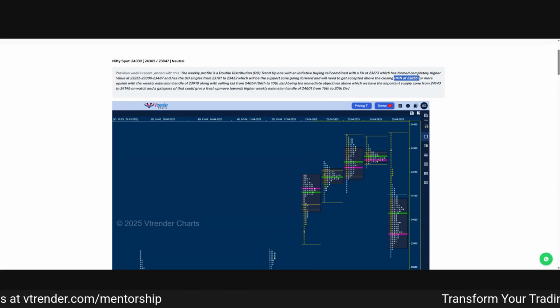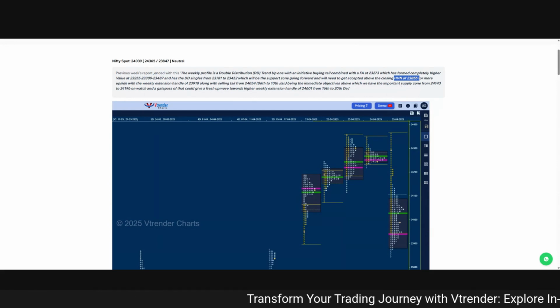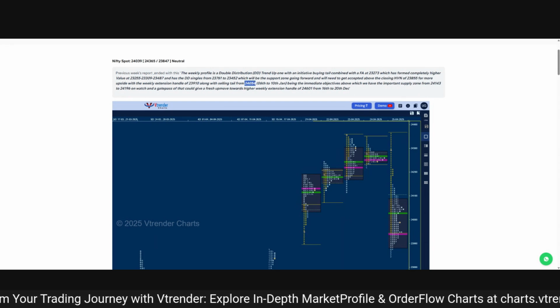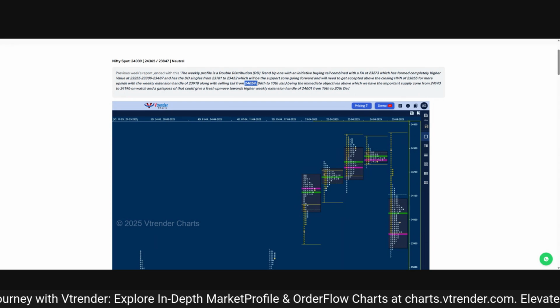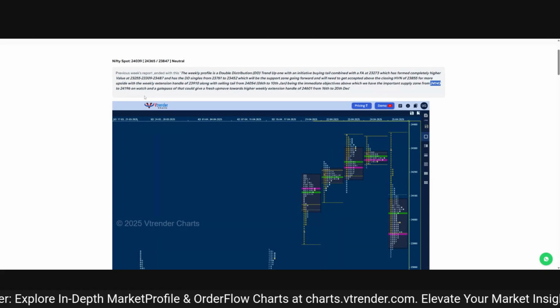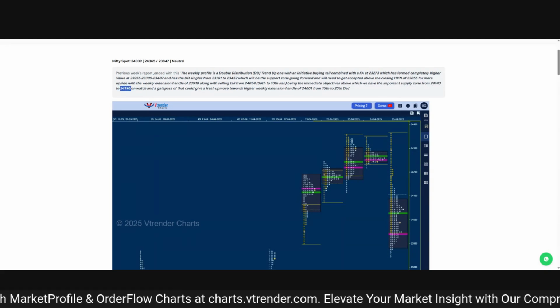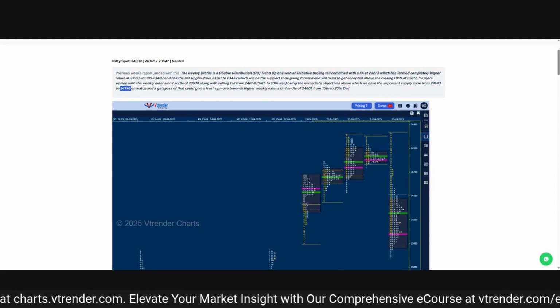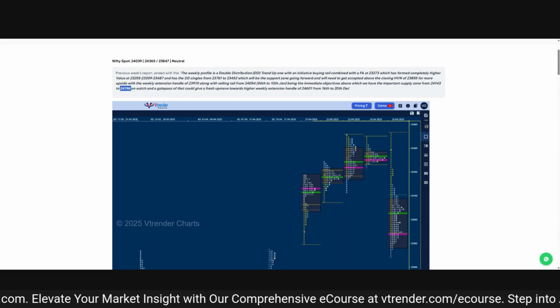So what we did last week, we opened well above this 23855. Because we opened above this, we were looking for a tag of this weekly extension handle of 23910, 24054, and then we had this important supply zone marked from 24143 to 24196, which I showed on the monthly chart, which was also the responsive selling tail of Jan plus the December